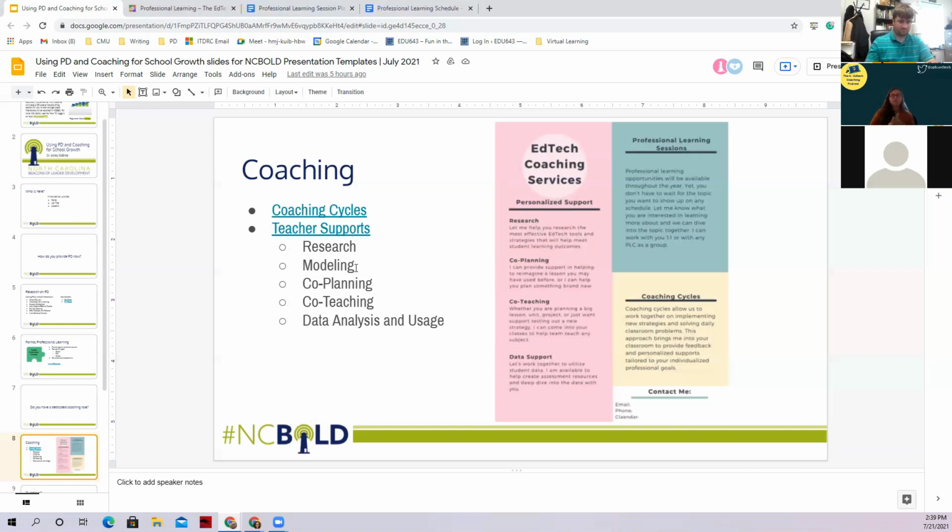Or you could be looking at the same thing, blended learning. They could say, well, I don't understand how the students are getting what they need if I am just throwing stuff at them. And then you can really come in as a coach and say, how are you gathering data about your students? And how can we build the blended learning structure within your class for this unit? How can we build this unit so that that data is being used to really build out and meet those students where they're needed? So I'm going to dive into teacher supports first,